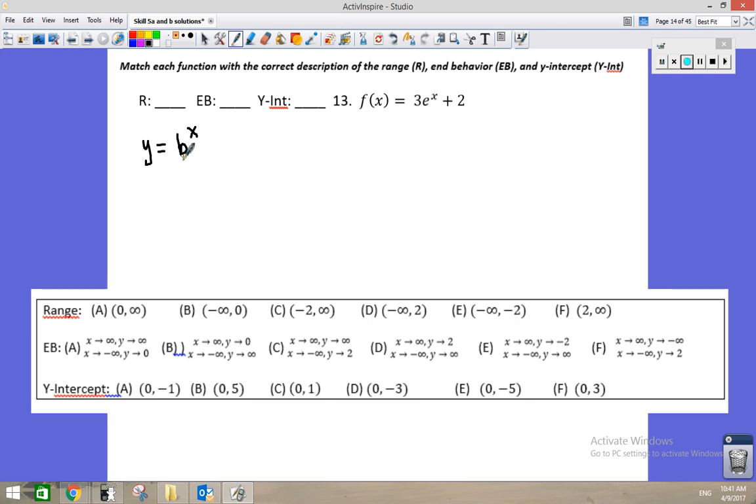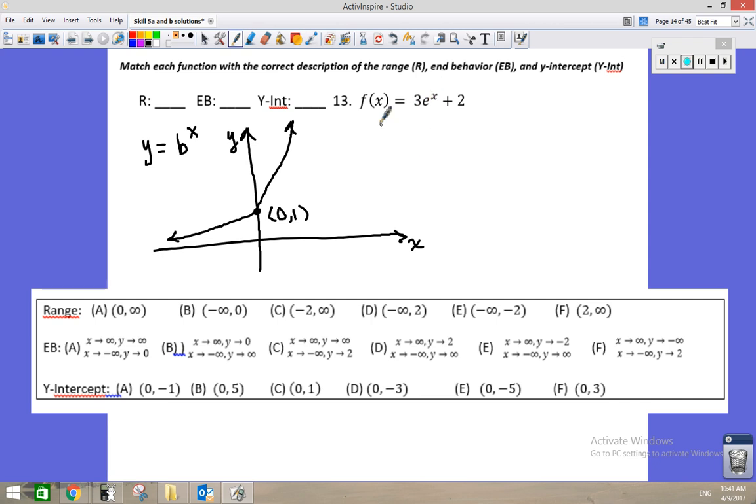All right, now when we have a basic exponential function, this e is bigger than 1, so this base is bigger than 1, and we know that a sketch of the graph would look like this, and that these basic exponential functions have a y-intercept of 1. All right, but here in this problem,